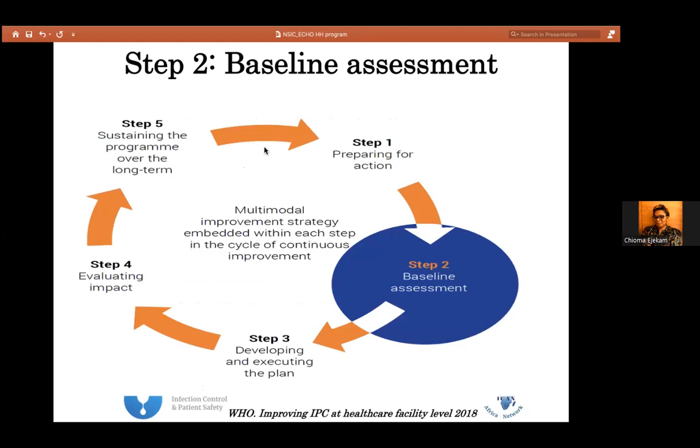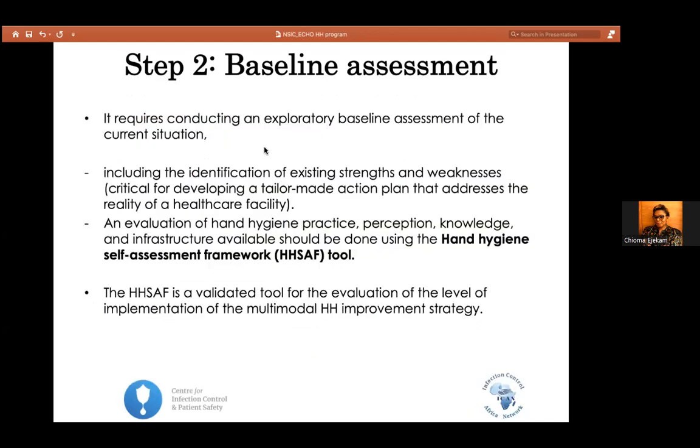In step two, you now do your baseline assessment. The core of the rest of what we're going to do will be on this. We've said it at several meetings and everybody knows it right now, that data is the new currency. There's nothing you do without data and evidence, okay? We practice evidence-based medicine and evidence-based practice, and it's all about data. And people will say, we don't already do IPC. There is data to say we don't have the IPC.